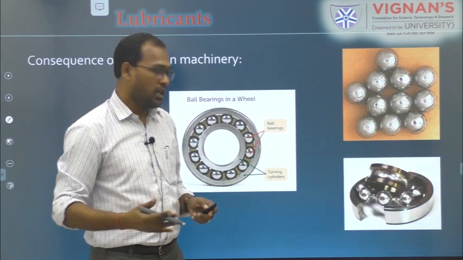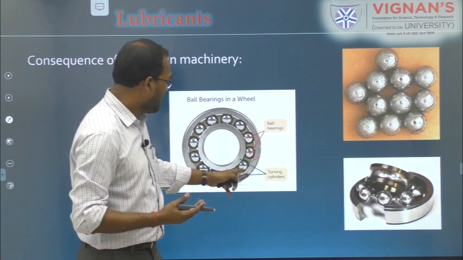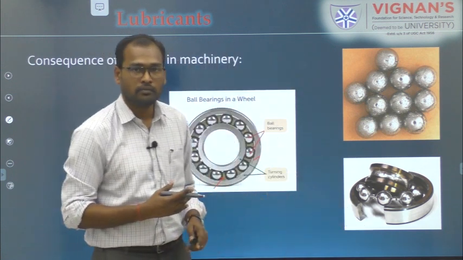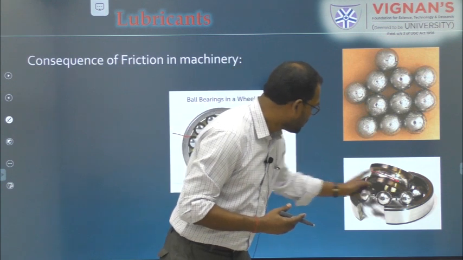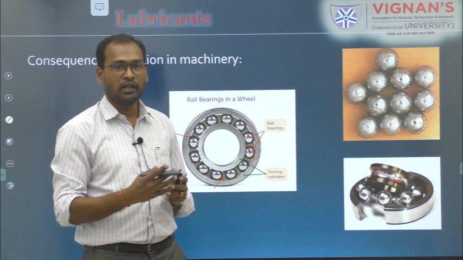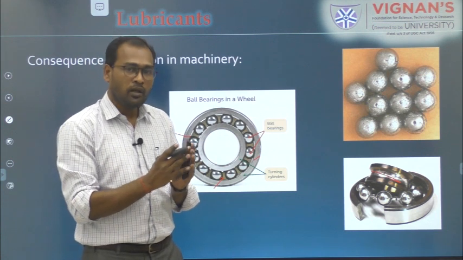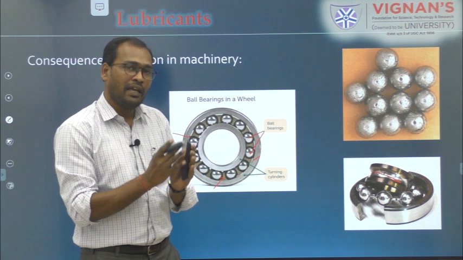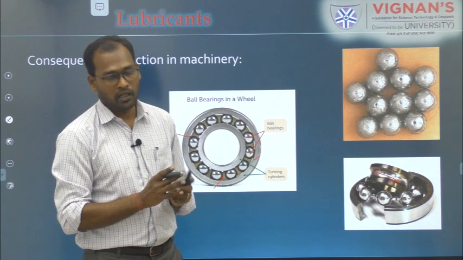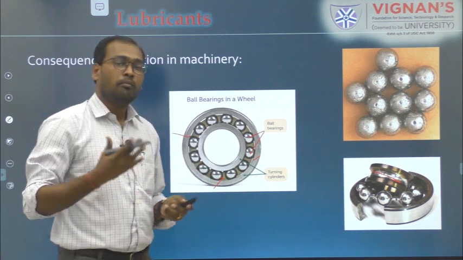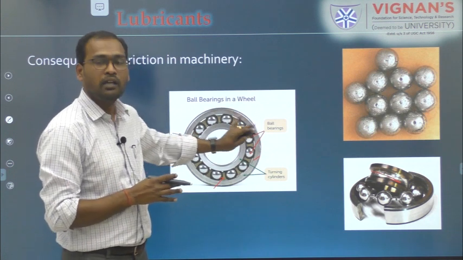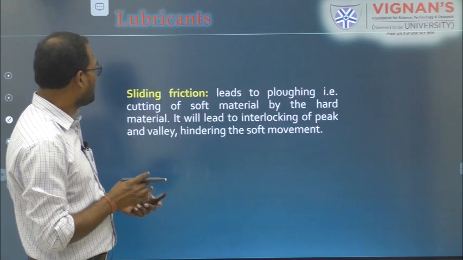So if the force is very high, it might lead to breakage of this ball bearing. That happened here, right? And you can see the imperfection here also, because of the balls, right? So if a system keeps on working, if two surfaces keep on working, at one point of time the friction will be more, and this friction will lead to these kinds of damage to the material. Okay, so this is one example. We have more examples on this consequence of friction, but for the time being I have given this one, right? So moving on to the next.